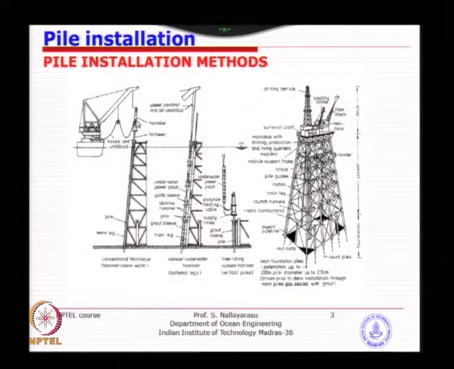Every time the activities are something like this: remove the hammer, put the bear cage, put the pile section, do the welding, remove the bear cage and put back the hammer. So each activity will take 2-3 hours, so maybe a day will be wasted. After that, once you put the hammer back and drive it, once the top of the pile comes to this point, again remove the hammer, repeat the procedure until all sections are added, and finally you achieve the final penetration to the target level that you calculated by capacity requirement.